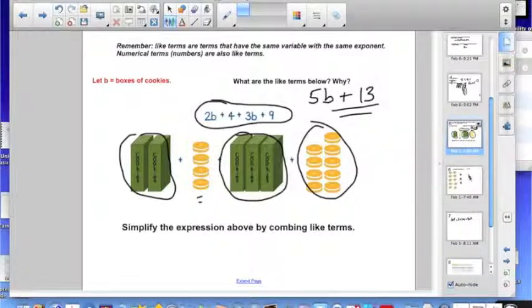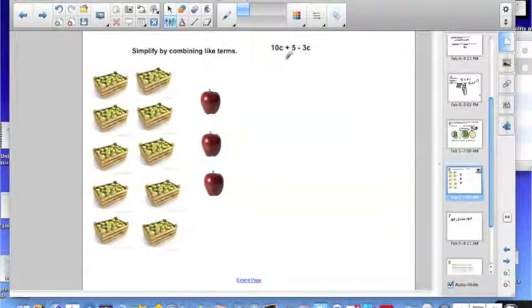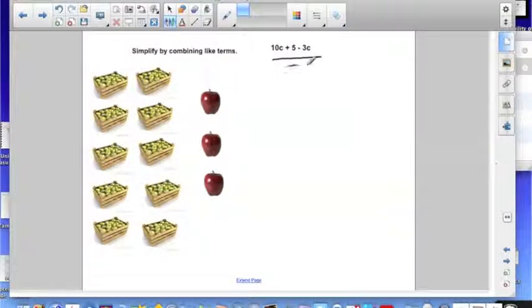Let's look at just a couple more examples. This one's a little bit different. You have 10c plus 5 minus 3c. And again, it's a little bit easier to visualize if you assign a value to the variable. So let's say c is crates of apples. But remember, when you're combining like terms, the sign is important. So we have 10c, but we're subtracting 3c. So 10c minus 3c is going to be 7c